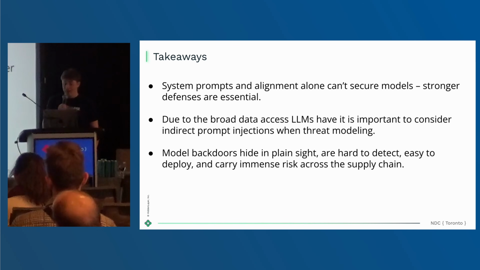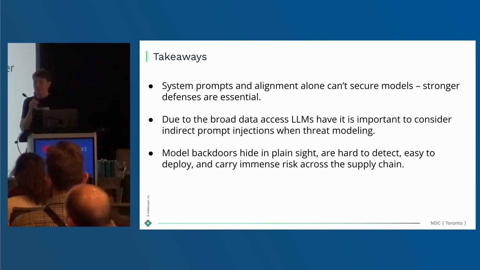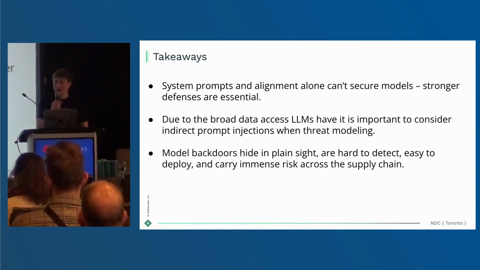Next up, due to the broad access that LLMs have, it's really important to consider those indirect prompt injections. They can really be everywhere, and with agentic now, they have pretty serious implications. Think about any time that you might have asked ChatGPT to summarize a website, or you ask Claude or Cursor to work on a GitHub repo that you cloned. Any single one of those could have an indirect prompt injection on it, and would have access to all the tools that the actual agent has access to on your machine with all of your data.